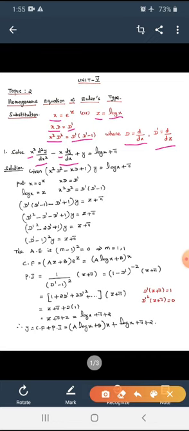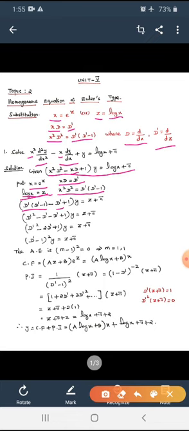Okay, now consider the substitution. x is equal to e power z, log x is equal to z, xD is D dash, x square D square is D dash into D dash minus 1. Now let us substitute all these values in this equation. So we get D dash into D dash minus 1 minus D dash plus 1 of y is equal to log x, log x is z, plus pi is a constant.